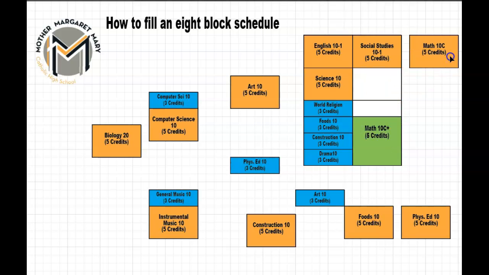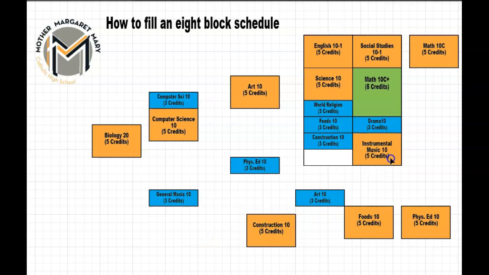Let's remove this Math 10C. We're going to drag Math 10C+ into that slot, and you can see that it takes up an 8-credit block. Now then we have to fill in the backside of this one. So this student could potentially take drama still. They could then take instrumental music, and because they're taking instrumental music, we also would like them to take general